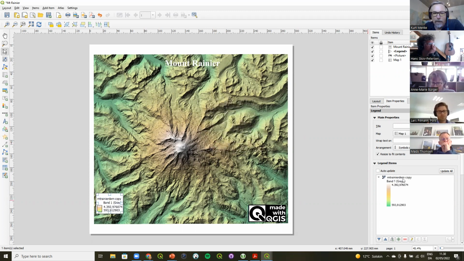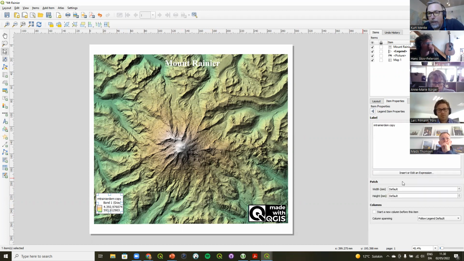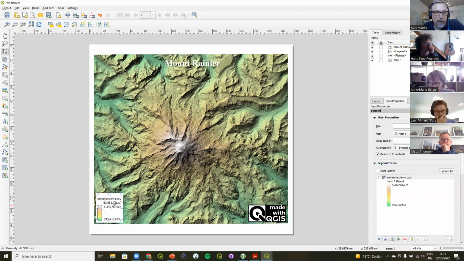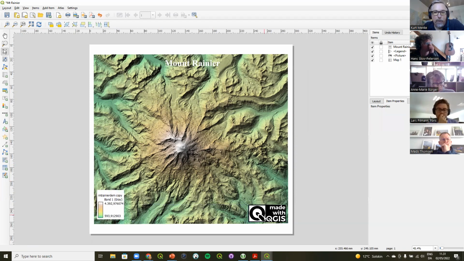There we go. QGIS also now has better legend symbols for these graduated raster layers. And so I can go in here and increase the height of this raster legend, and I can obviously change the name and other things with it too. So it's still a fairly new feature in QGIS, but what I'm here to show you more specifically is this